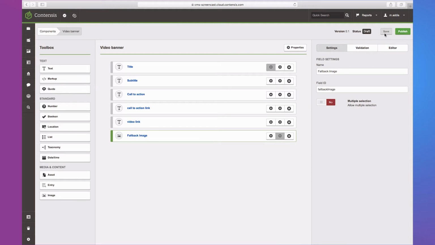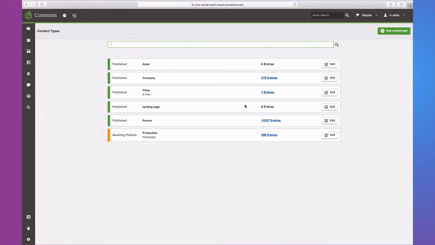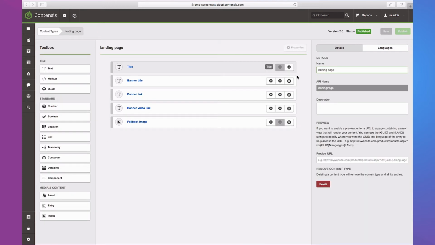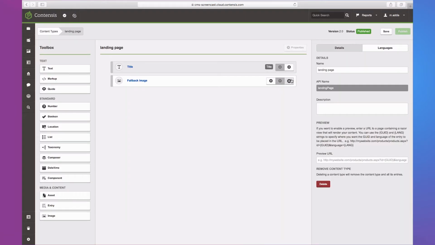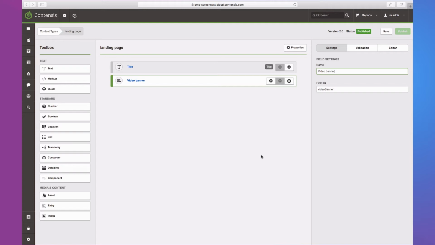So that's published. Head back over to my content type. And what I'm going to do is replace those fields I was using for that banner control and now use this component. So let's just take this out. Yes, I do want to delete it. So if you go down to components now, you can insert a component. And you can see I've got the video banner component. And now when I save and publish,